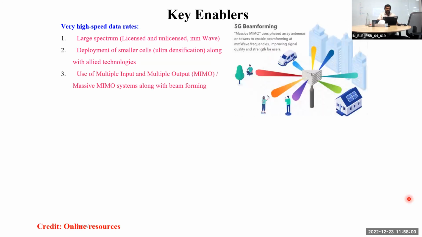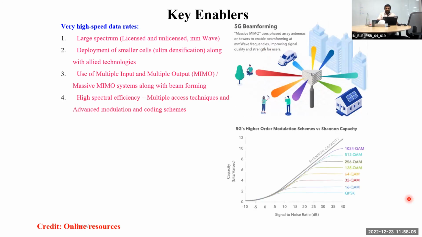Next, MIMO is introduced, along with beamforming, and then advanced modulation techniques. Even when I was studying, I wondered what this modulation technique is and how it helps any technology grow, but it is the reality now. Here you are using the same spectrum, same configuration, everything. When you start increasing the modulation order, you see that capacity increases for the same conditions.